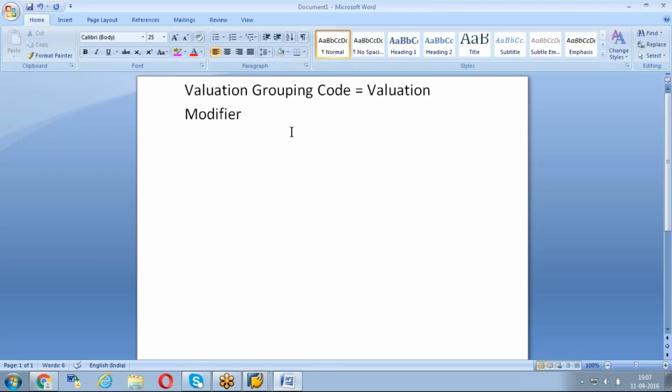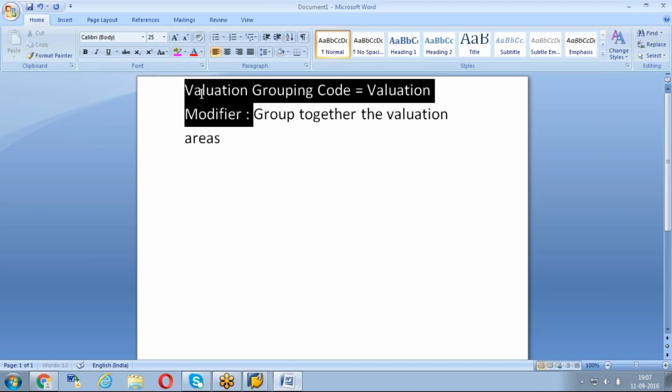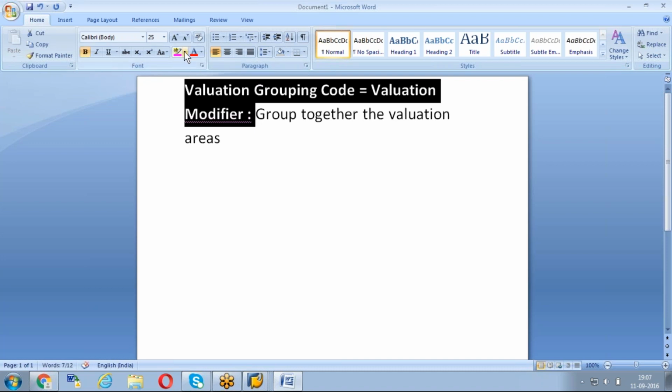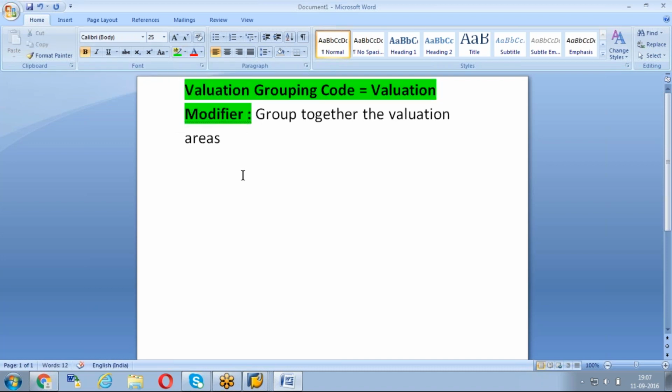Means valuation grouping code equal to valuation modifier, means group together the valuation areas. Got it? Okay. Valuation grouping code equal to valuation modifier. What is meant by group together valuation areas?